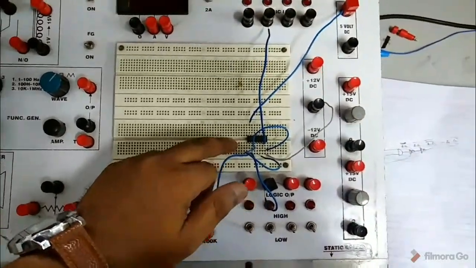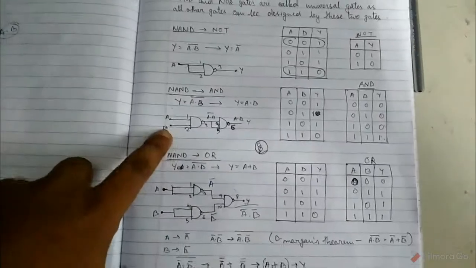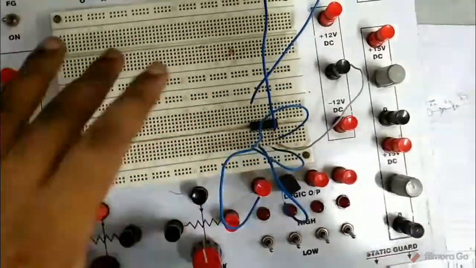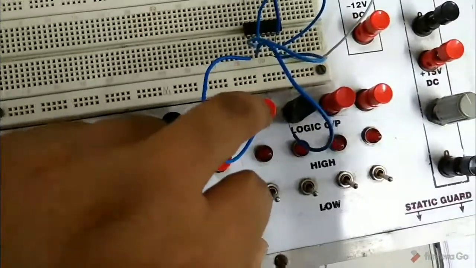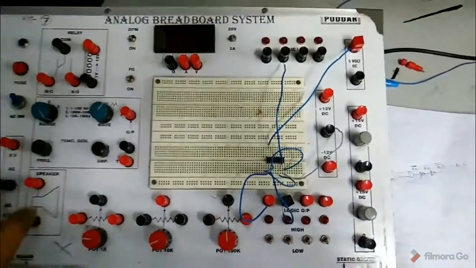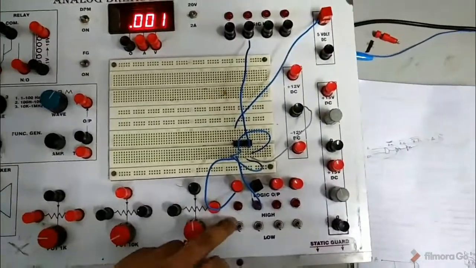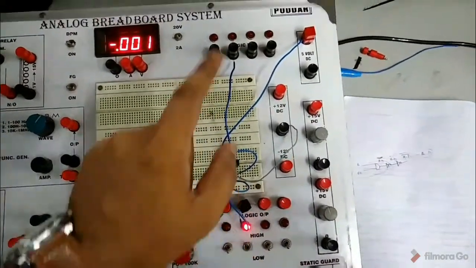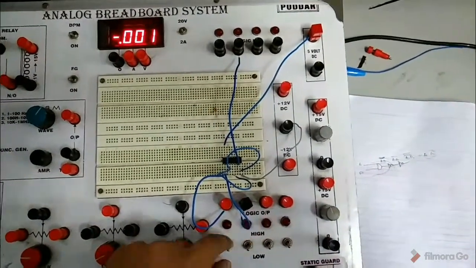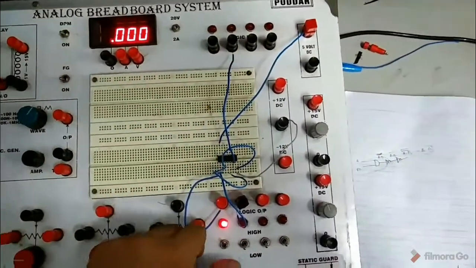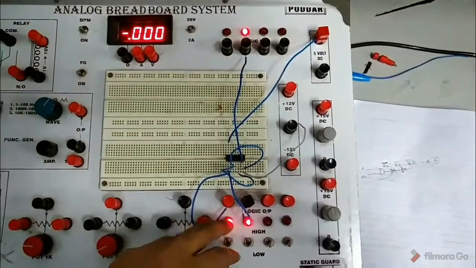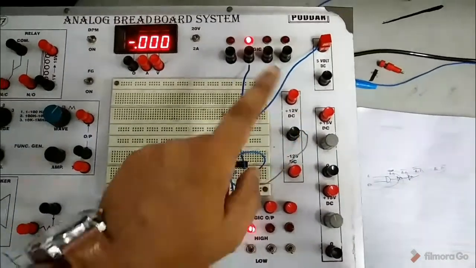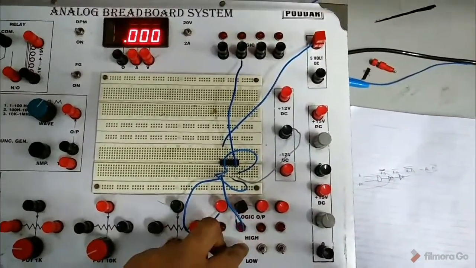This circuit has been connected as an AND gate. In the AND gate we have connected two NAND gates, and here we have two inputs, as the AND gate has two inputs. So switch on. See, input 0 0, output is 0. 0 1, output is 0. 1 0, output is 0. 1 1, output is 1. So this is the truth table of the AND gate. When both inputs are 1, output is 1. In all other conditions, output is 0.